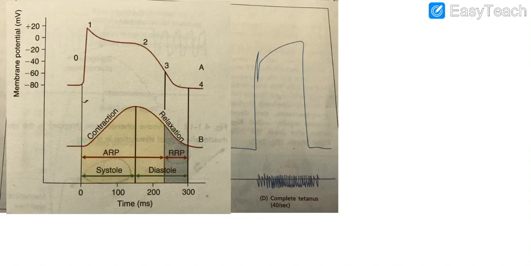If you look at this diagram, the upper line shows the action potential of the cardiac muscle, and this one is the mechanical event. The action potential is the electrical event happening within a cardiac muscle fiber, and as a result of this electrical event, the mechanical event happens, that is the contraction and relaxation of a particular cardiac muscle fiber. From the start of phase 0 to the midway of phase 3, that is the absolute refractory period, and from the midway of phase 3 till phase 4, that is the relative refractory